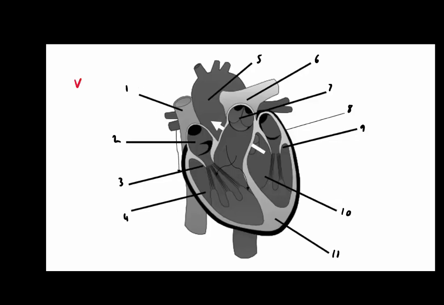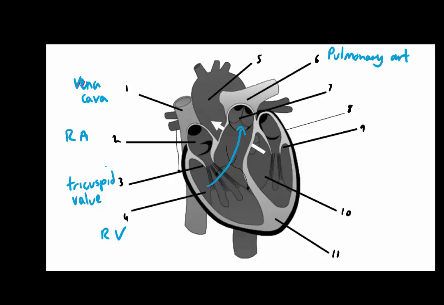So here they are. This is the vena cava, which is carrying blood down into the right atrium. It then travels through the tricuspid valve and goes into the right ventricle. The blood then travels up through here and out through the pulmonary artery,